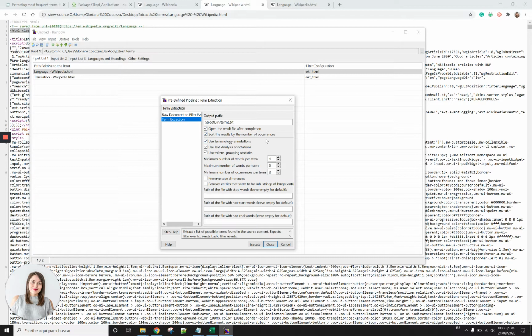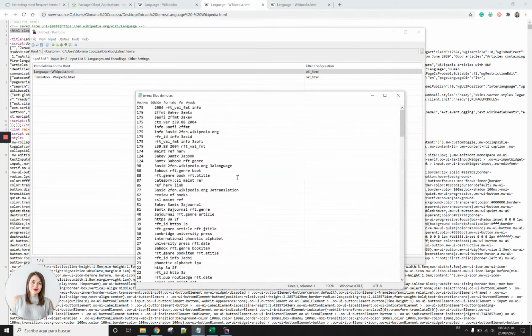And then this one I click because I want the most common terms to be shown on top of the file. And here you can play a little bit based on the scope of your project and on what you want to get out of this feature. I usually use 3 here, because I care about long terms, but I can play a little bit with it. And I want each term to appear 4 times at the least. And once you are done with this, you simply click on execute, you wait until the resulting file opens up,